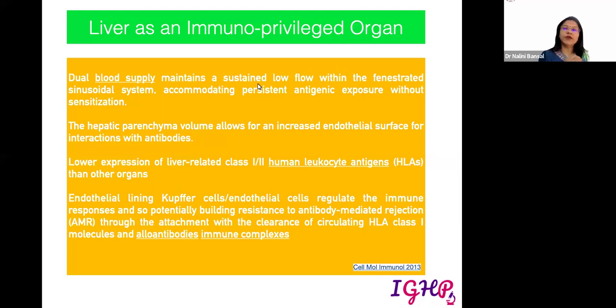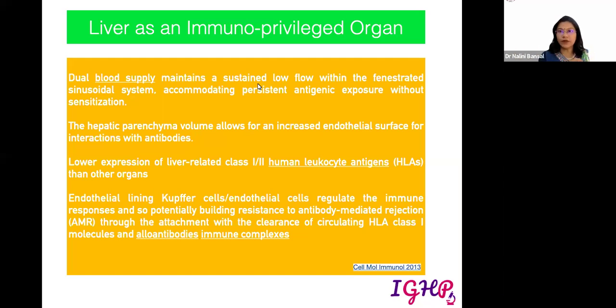So now we have seen how T cell mediated rejection occurs in the liver. Now moving on to the next question: why is the liver considered an immunoprivileged organ? Why do we not see so much rejection in the case of a transplanted liver? It has been shown that ACR, that is acute cell mediated rejection, occurs in around 20 to 25%